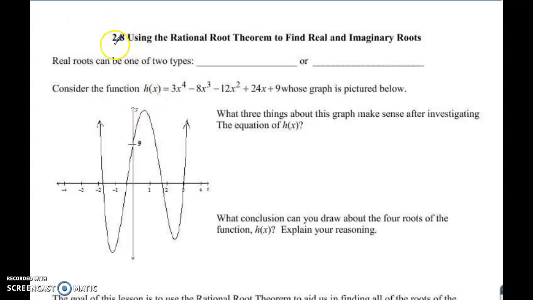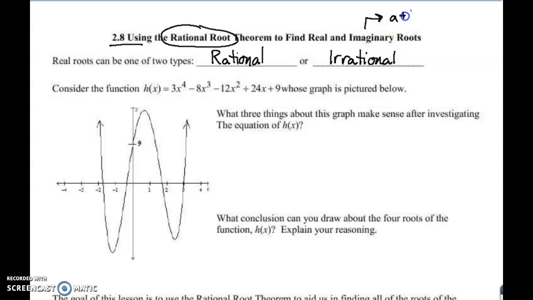In 2.8, we're going to combine the rational root theorem with other kinds of roots, because the test only works for rational roots. When we really break down real roots, they can be rational, but they also can be irrational. Now, just so we're clear, imaginary is of the form a plus bi,